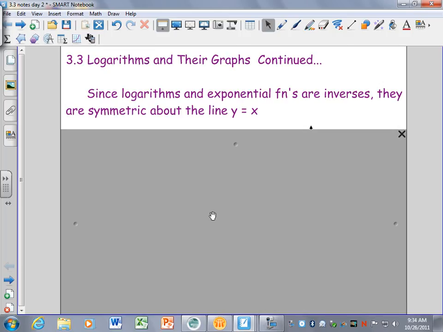Inverses before. I think we talked about them even this year already. Definition of an inverse is the domain and range switch places. And every inverse, when you graph it with its inverse, are reflected about the line y equals x. So I just want to show you how exponential functions and logarithmic functions are related in terms of